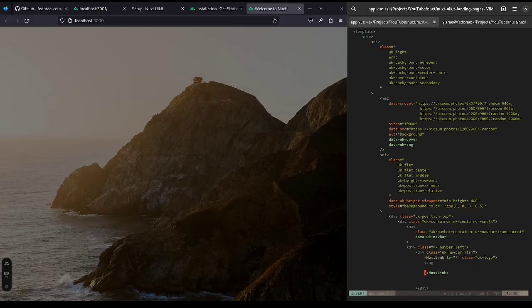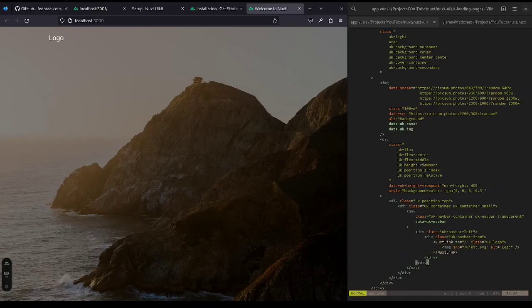image in here, and our image will just have a source, and the source is going to just be slash uikit.svg, because we're going to be using an SVG there, and we'll add the very important alt, and then we'll just close this out. I'm gonna save this. So obviously we don't have this SVG here, so we actually need to get it. So all we're seeing is just the logo up top there, and